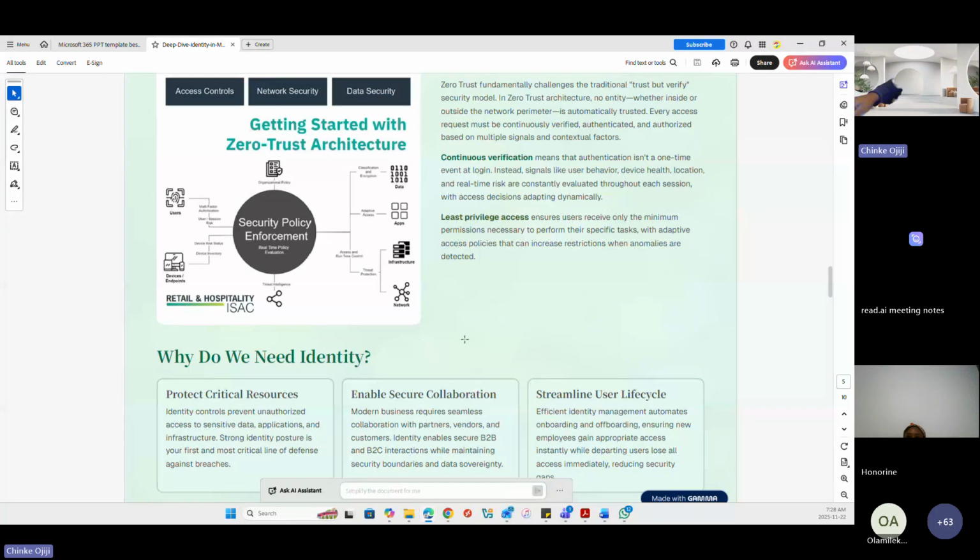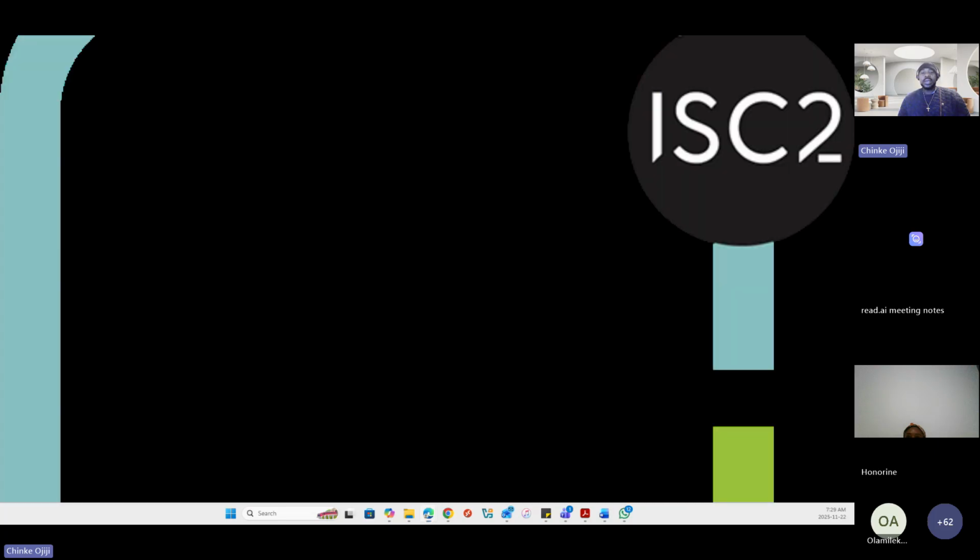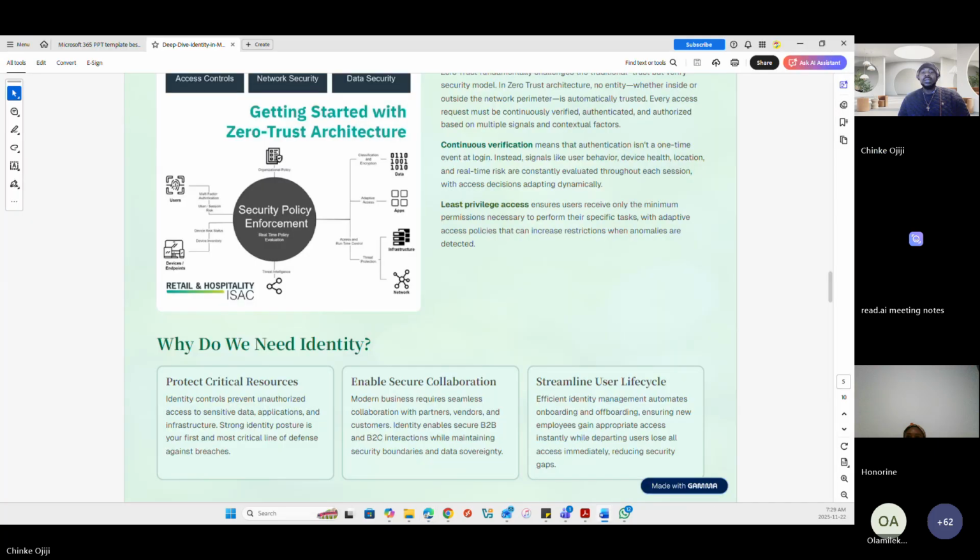Okay, so why do we need identity? We need identity to protect critical resources, enable secure collaboration, and also cater to user life cycles. It's the cornerstone of secure access and ensures that only authorized people or applications can reach your resources.